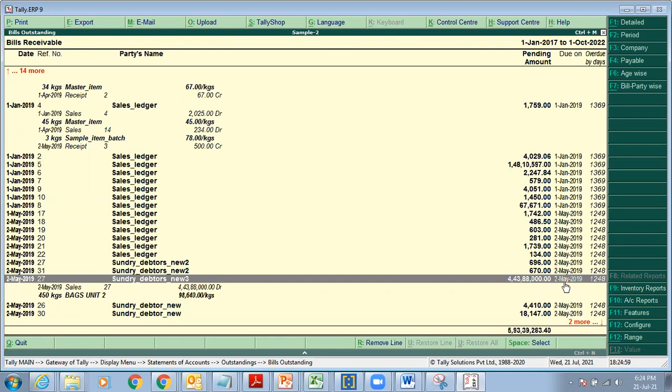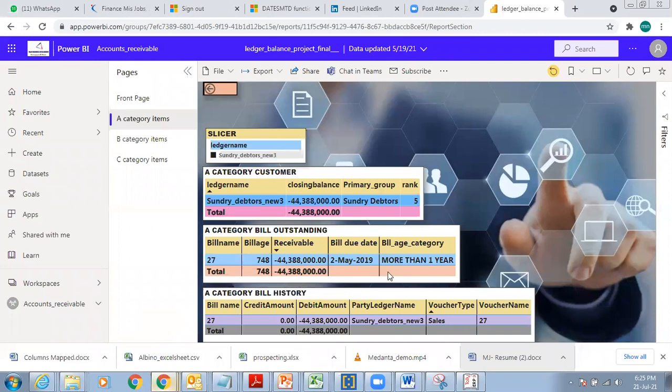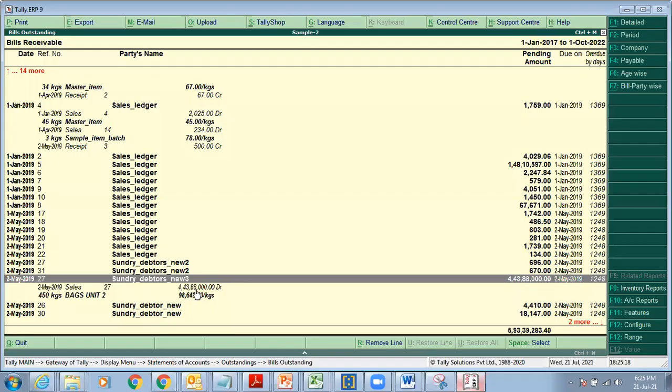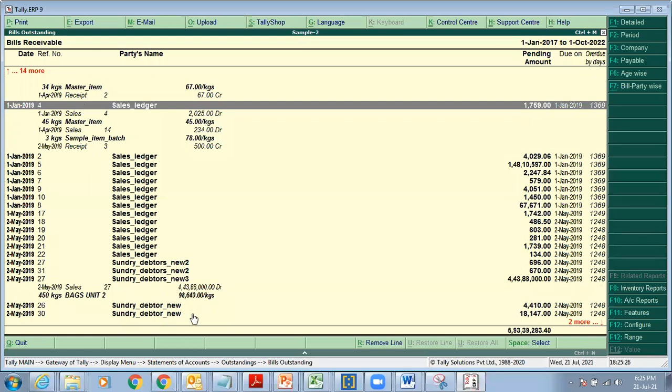Yes, sir. Is it clear? Now this date is 1248. But here it says, no, wait. So this is 748 from the current fiscal date. And then I want to know, okay, fine, what are the activities which have happened with regards to this bill. So it shows only one set of activities, but I can pick up this one, which is sales ledger here.